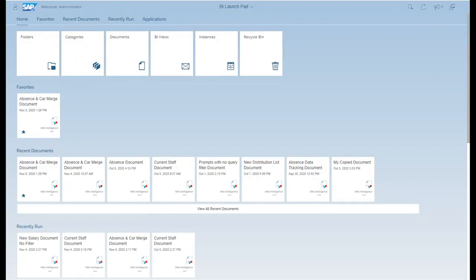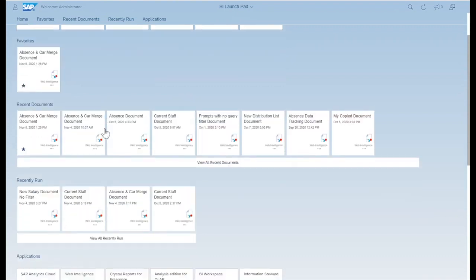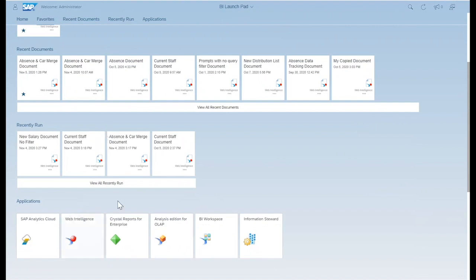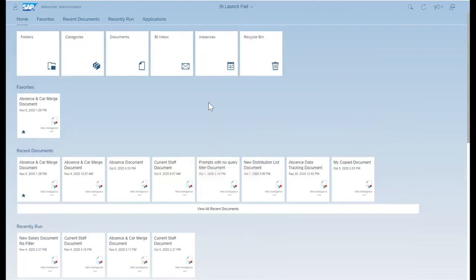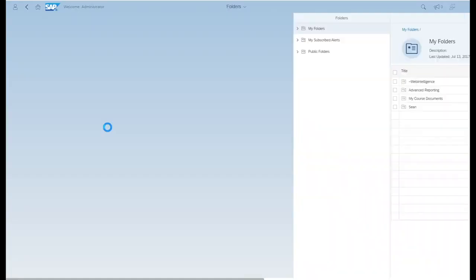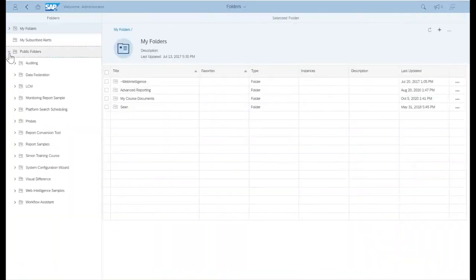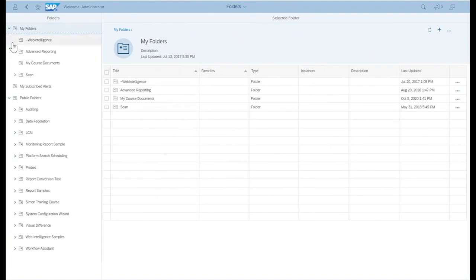Business Objects 4.3 has arrived, and a much cleaner, easier way to navigate through the Launchpad. You'll see a number of tiles, folders, documents, instances up there. New areas like favorites, the ones we're used to, like recent documents and my recently run documents, and then the applications down the bottom. The folders tile, very similar to what you're already used to, easy to navigate around,